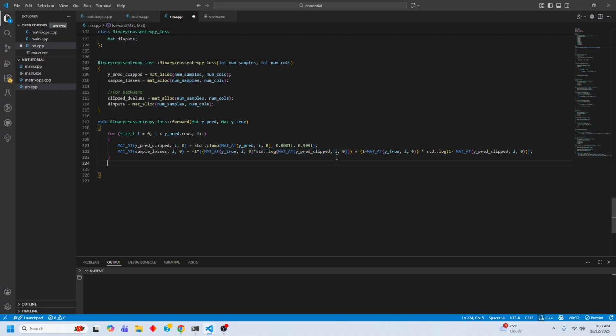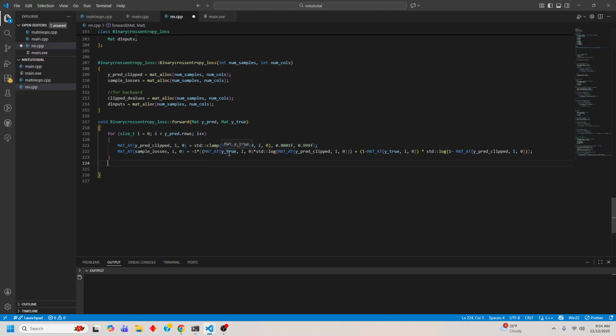And then the other half is 1 minus y true times the log of 1 minus the y predicted values, which is the sigmoid output. And what this does, it actually evaluates to only one of these two, this one or this one,